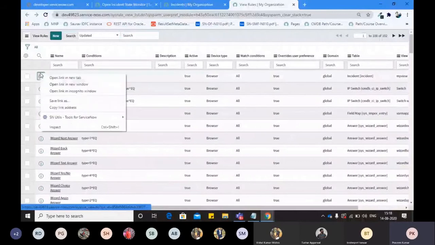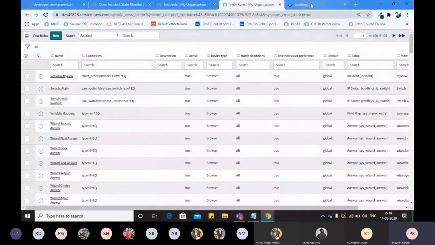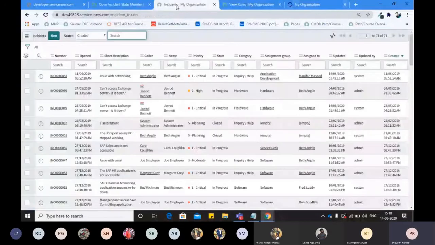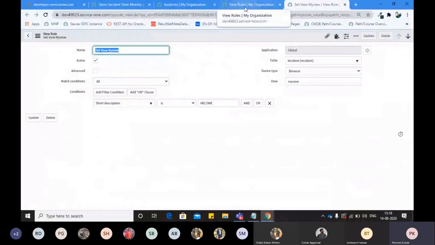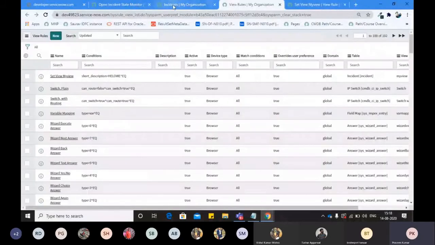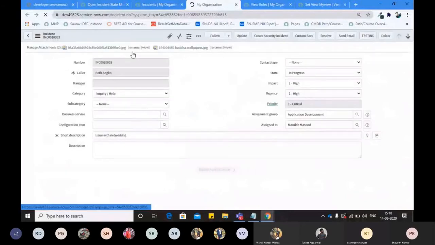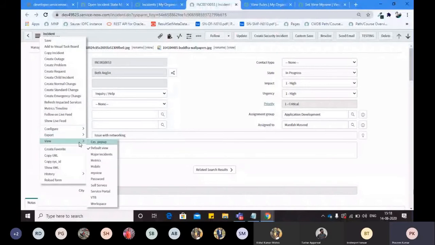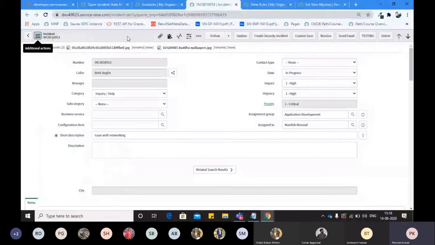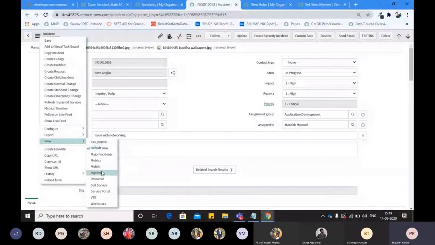So there is one view rule already created. Let me show you how it works basically. We are coming here, and I am opening this incident. Right now you can see we are on the default view. I have created one more view, and that is called my view. You can see that view here, my view.